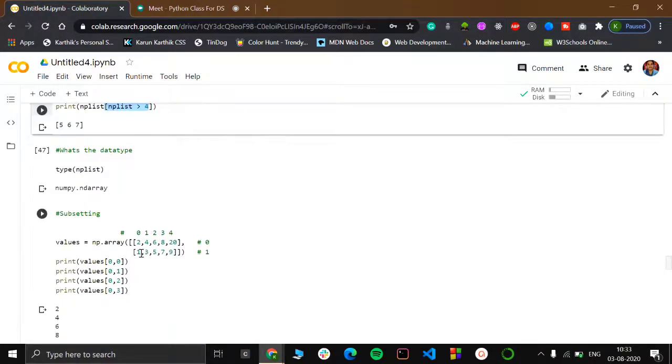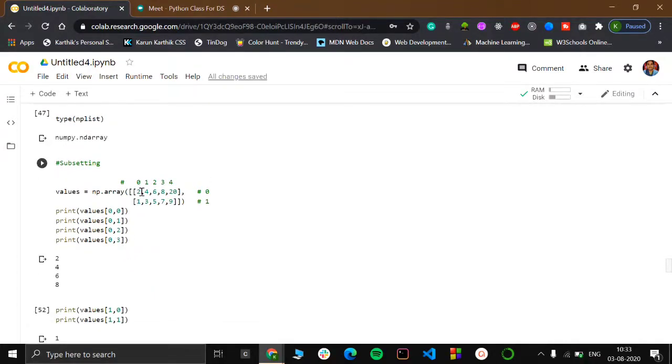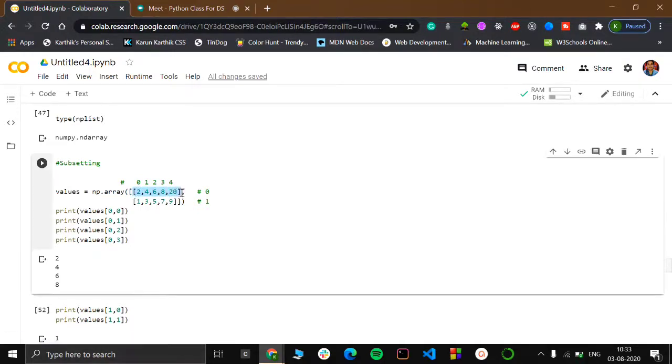And another thing is subsetting in NumPy arrays. One important thing you should notice here, check this out. These are two individual lists, and you are defining them in another list, so that it gives you a matrix type of property.